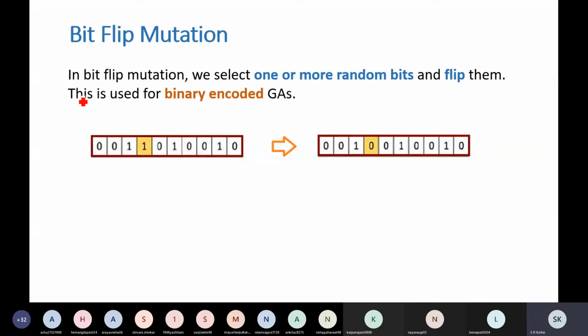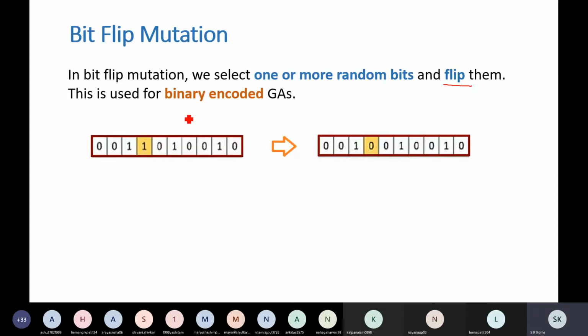Start with bit flip mutation. This is a very simple technique. As its name suggests, bit flip mutation selects one or more random bits. Flip means what? You change it. Only two possibilities are there if it's a binary representation. If it is 0, then you change it to 1. If it is 1, you change it to 0. That is the meaning of flip if your representation is binary.